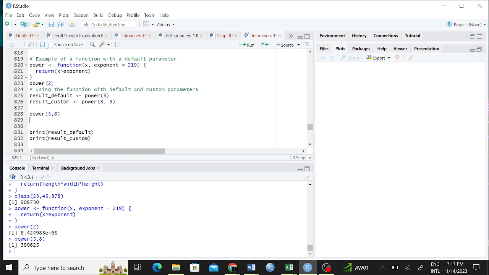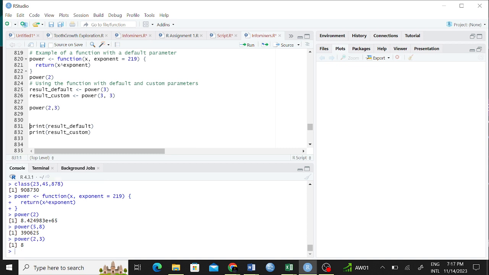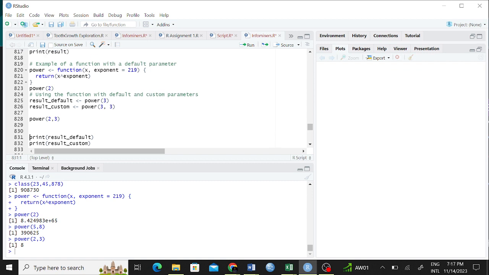You can even say, for you to see it very well, maybe 2 raised to power 3, which of course should be 8, right? You can see that now. So it is not 2 raised to power 219 and 3 raised to power 219. Yeah. Ross, are we together?